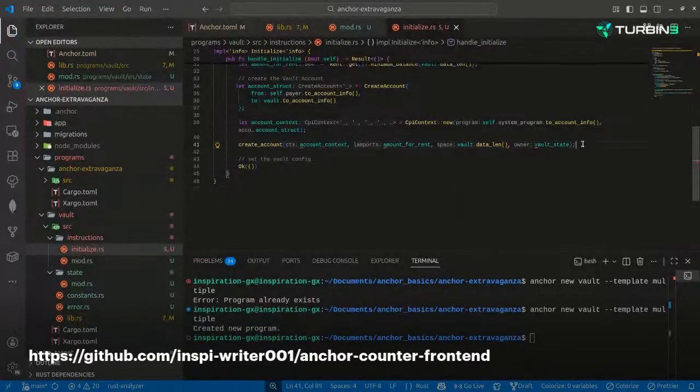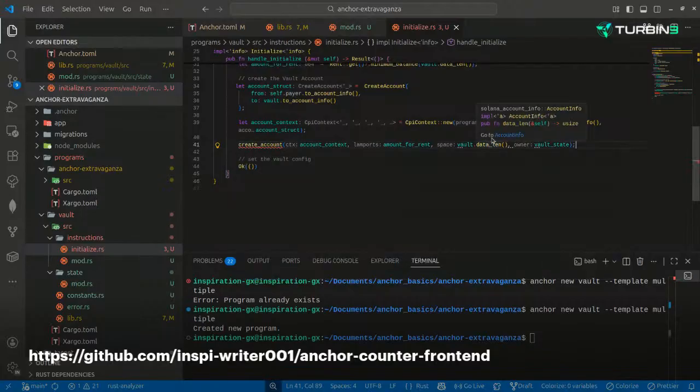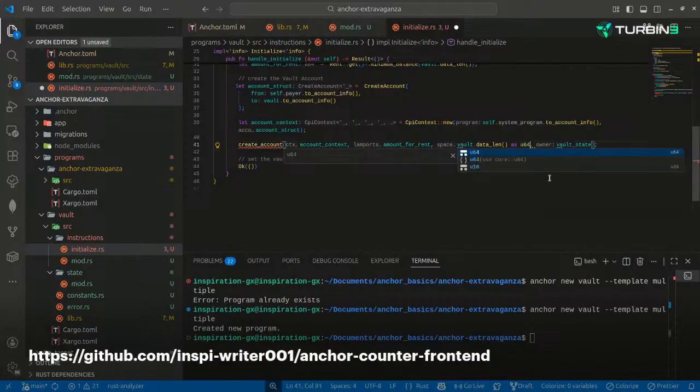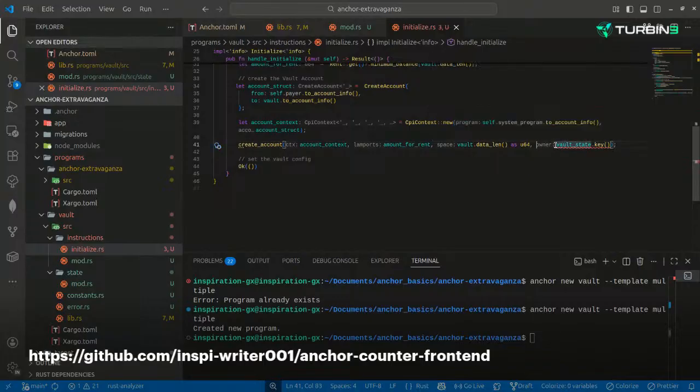Create account. Type of key found. There is default found, use size, what data length, use 64. Yeah. Then vault_state.key. Borrow that, don't own it. Borrow that. Yeah, and we call this. So after I've created the account successfully, we now set the